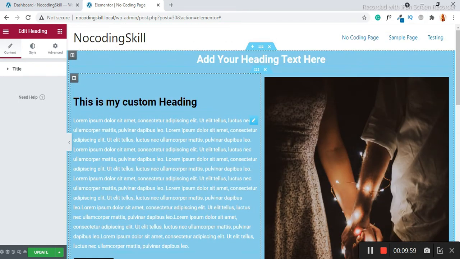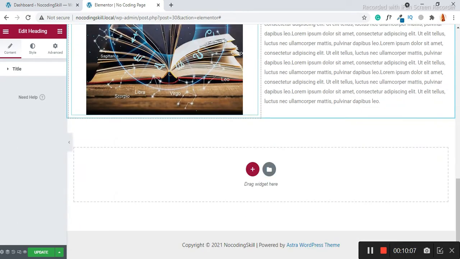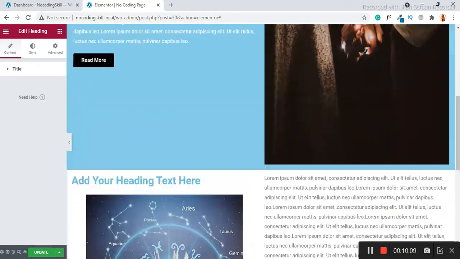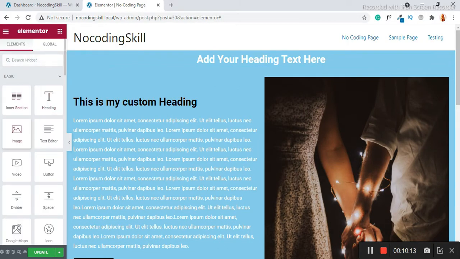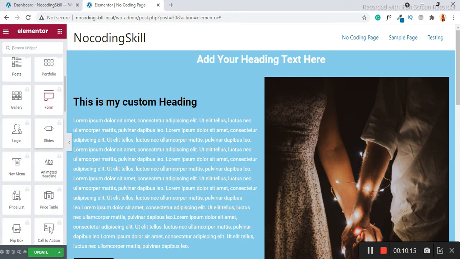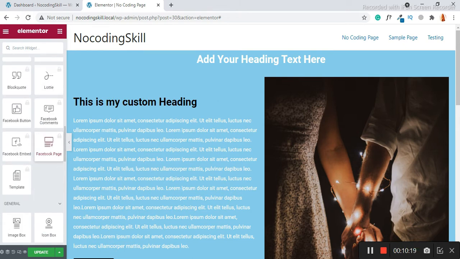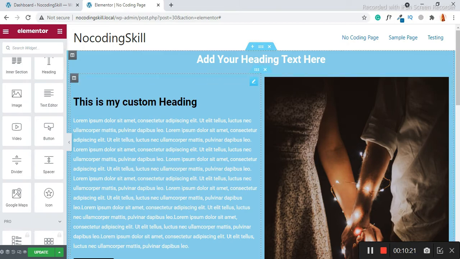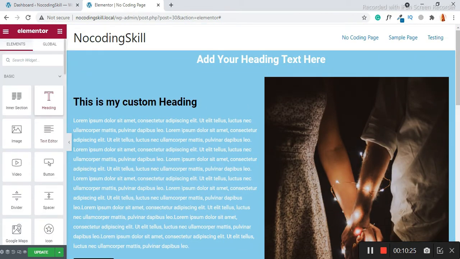I hope you understood the difference between inner section and two columns. So this is an inner section, image, text editor. All elements similarly, like these inner section and two columns, all sections you can edit like this.